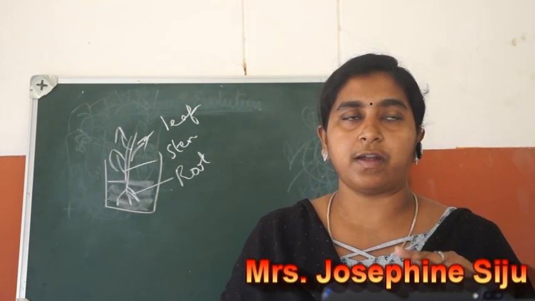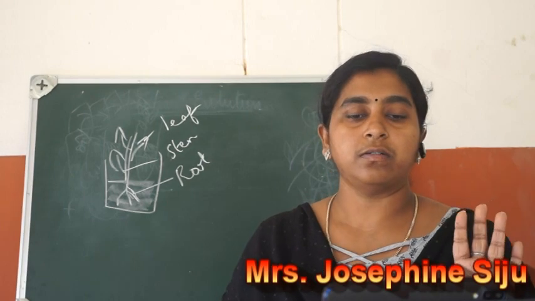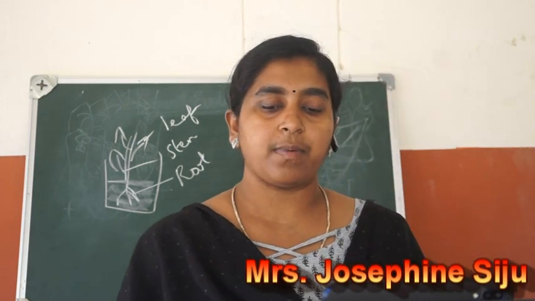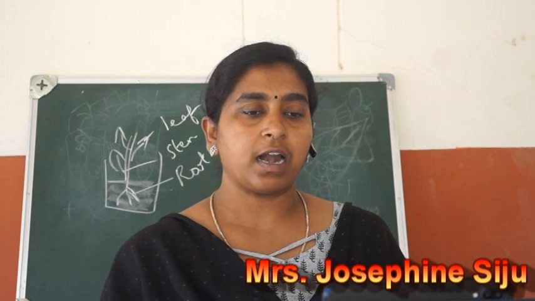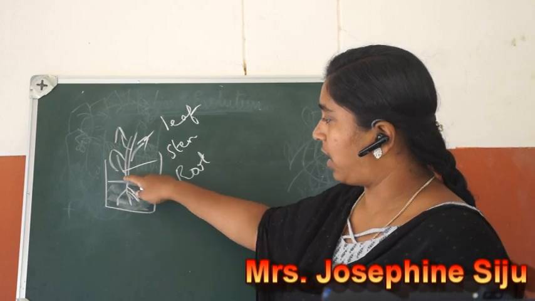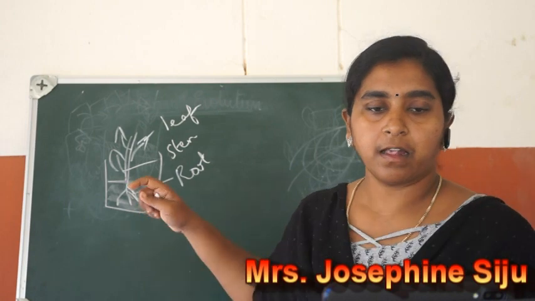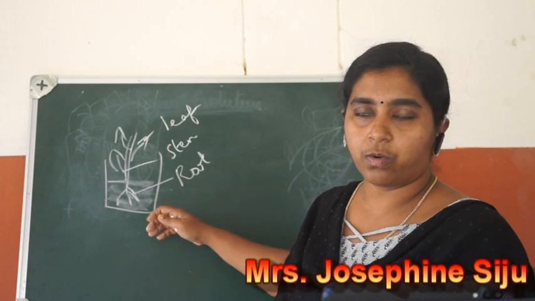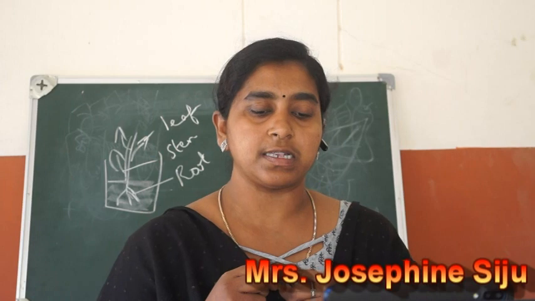Okay, so this is one experiment to show that water is conducted or transported only through xylem vessels. Vascular bundles in the stem, root, leaf stalks and leaf veins are all continuous. That is, there are no breaks here. After the root there is no break, after the stem there is no break. So all these three are continuous. Everything, root, stem, leaf, is continuous and forms an unbroken system of tubes.